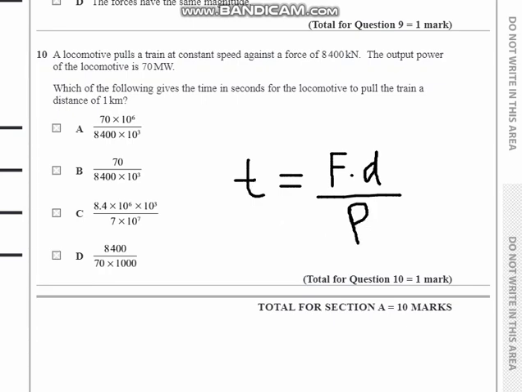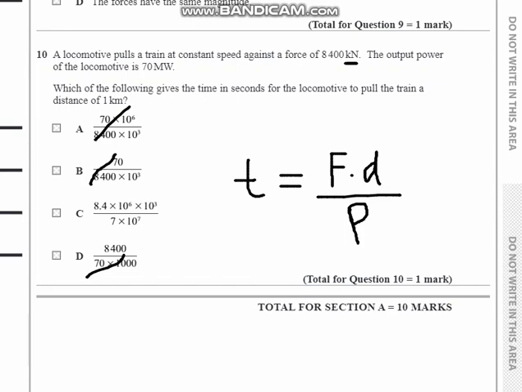Now we can check our options. The A part, 8,400 into 10 to the power 3. That's force, and that's on the denominator, so that can't be an option. B can't be an option, so we are left with C and D. If you notice, we have 8,400 in the D part, and that's 8,400 thousand Newton. That's a k added, so this can't be an option. But when we look at C, we have 8.4 into 10 to the power 6. So that's 8,400 kilonewton.